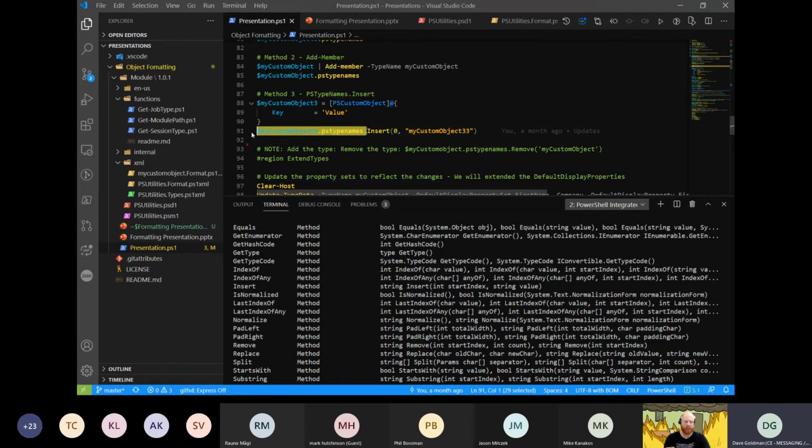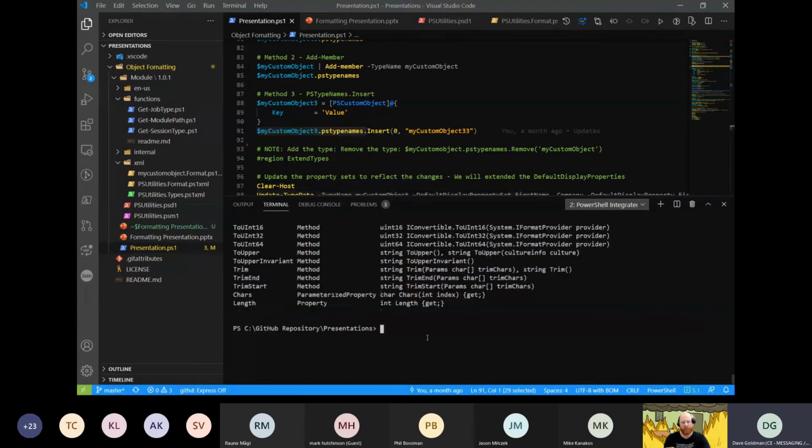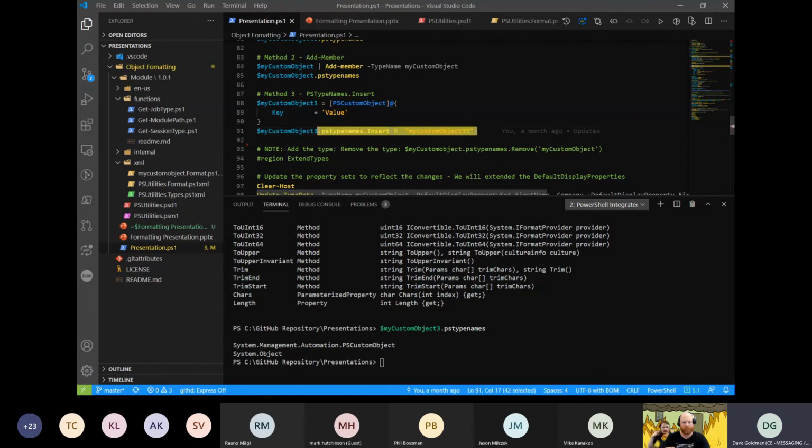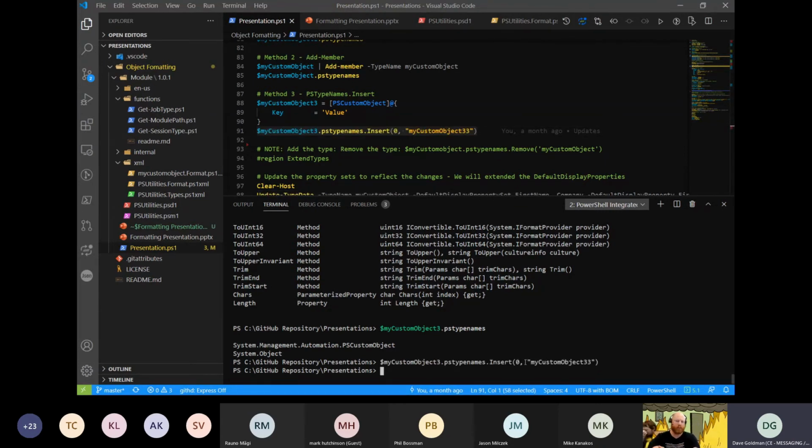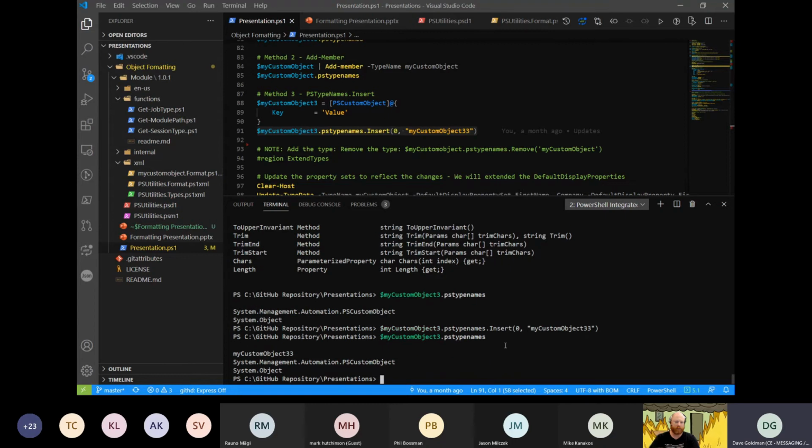And if I dump this out, you'll notice that it was an object and I extended it. Now I'm going to call the insert method and insert my custom object 33, which was a typo. And you'll see that it's there.